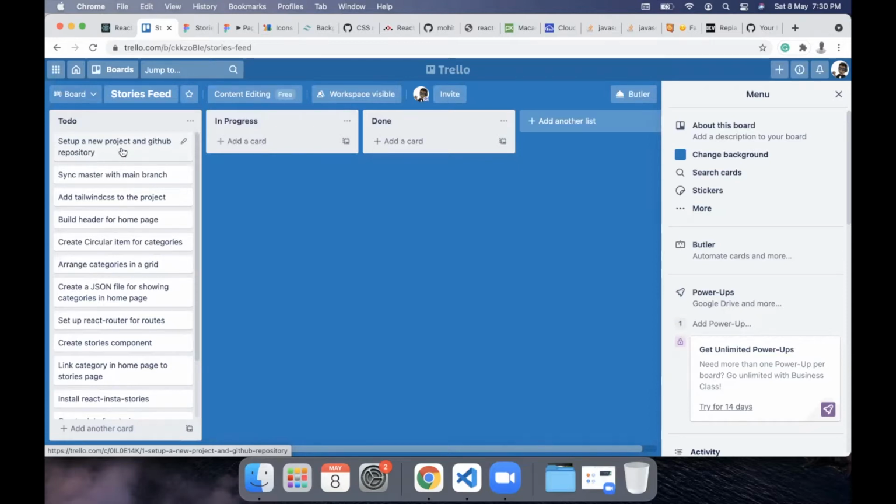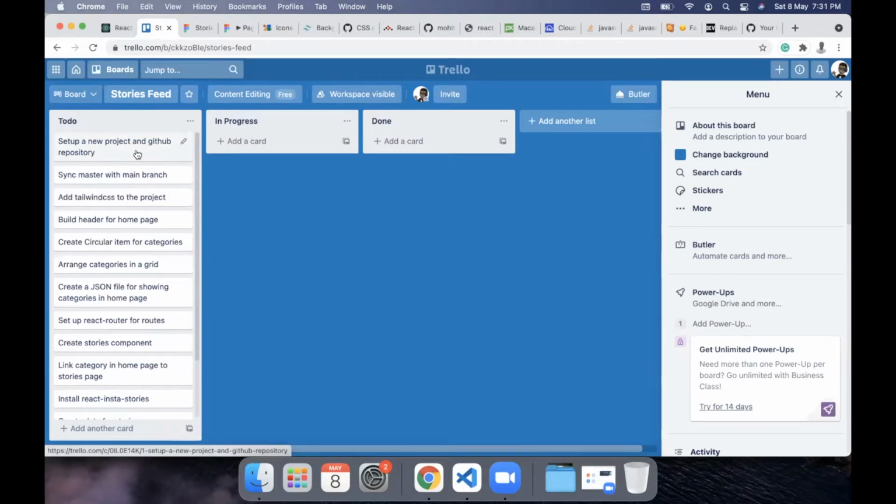For example, let's say there is a task to add Tailwind to the project. Then you can just go ahead and pause the video, search for how to install Tailwind to a React.js project, try to install it, and then resume and see the approach which I am using. If it is something different from your own approach, then you will learn something new. And if it is not, then at least you will have the confidence that you know how to add Tailwind CSS to a project on your own. That is how I want you all to build this project, so that you have the basic confidence and skill set to build projects like this on your own as well.